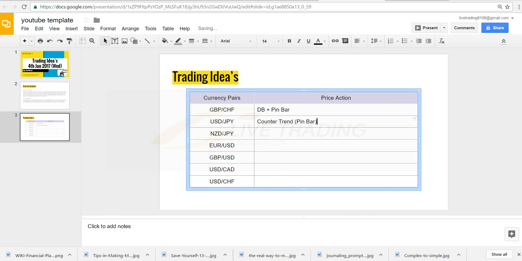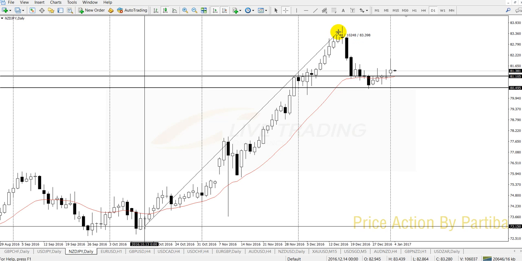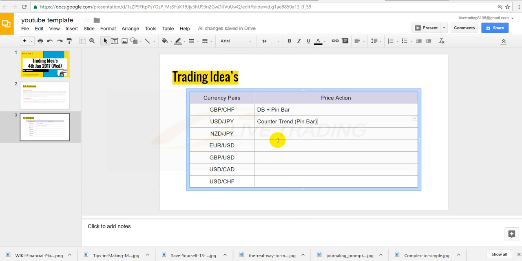Okay, and New Zealand yen, it's a quite interesting one. New Zealand yen moved close to 1,000 pips. Wow, 1,000 pips. And now it did a very good correction. A lot of sellers entering, they pull the price higher, and I see downside for New Zealand yen. Okay, so you can keep an eye on New Zealand yen downtrend. Look for setup and confirmation